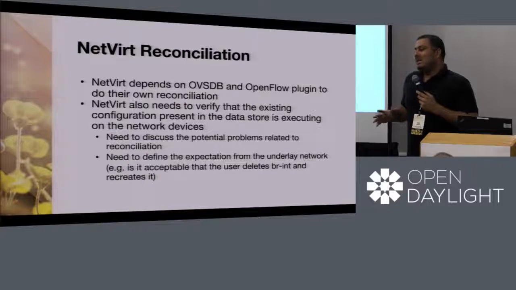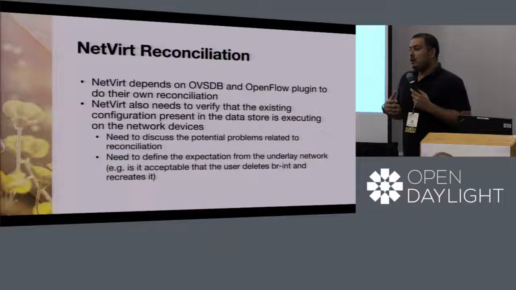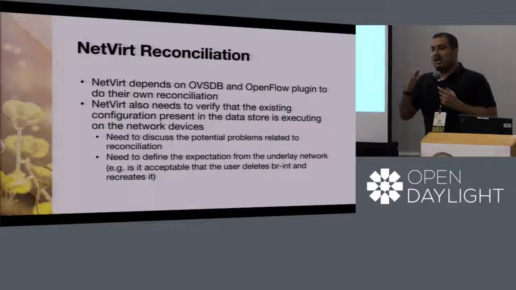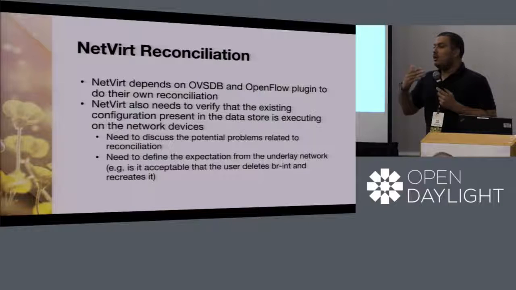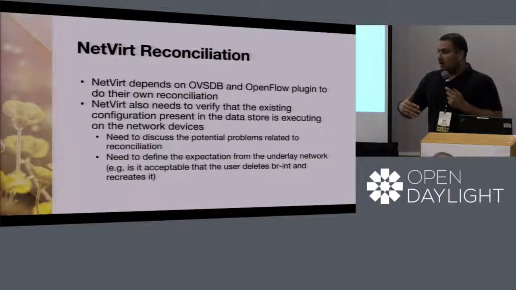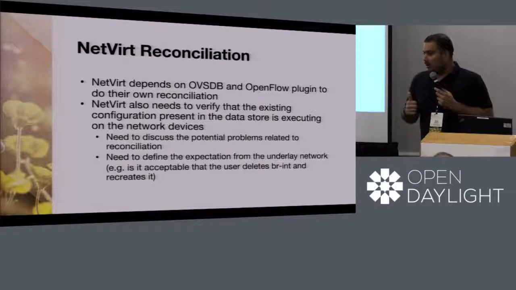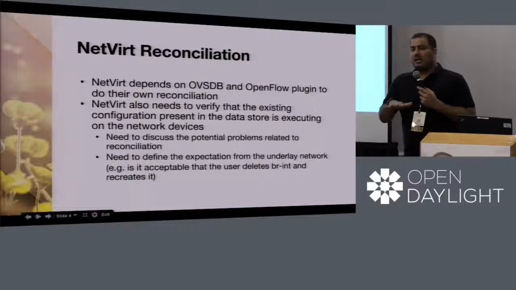So that requires some extensive reconciliation, because then NetVirt needs to be aware of the ordering, the hierarchy between the resources like network, subnet, port, security group, and all those things, and they need to do internal ordering, and then they need to realize whether the configuration is there in a config data store or not, right? So with the current implementation, once we made this reconciliation in the OVSDB and